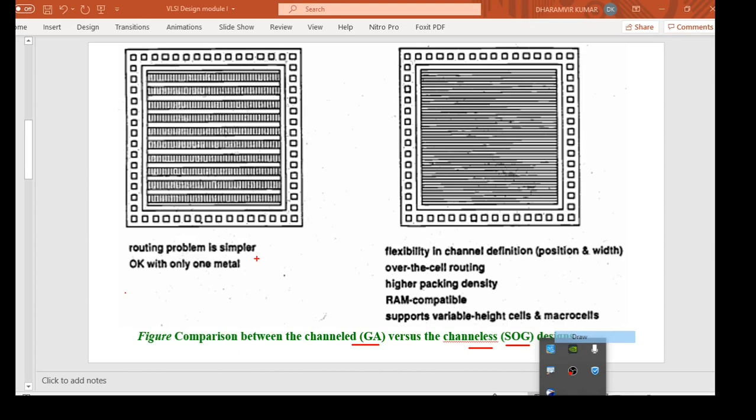The only difference between the channeled gate array and the channelless gate array is that there is some space left between the arrays of uncommitted transistors. These ones represent the array of uncommitted transistors here, and similarly these ones. And this white space between these lines of uncommitted transistors